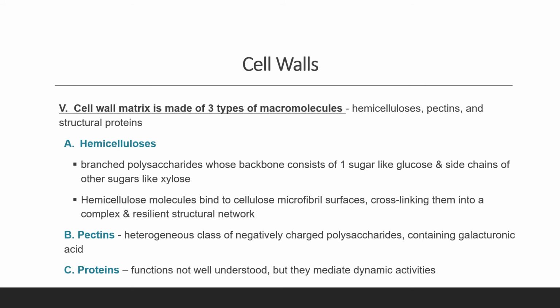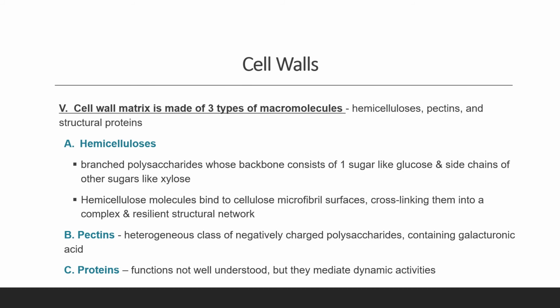So the cell wall matrix is made up of three types of macromolecules. First you have the hemicelluloses, which are branched polysaccharides whose backbone consists of one sugar like glucose and side chains of other sugars like xylose. Hemicellulose molecules bind to cellulose microfibril surfaces, cross-linking them into a complex and resilient structural network. And then next, we have the pectins. These are a heterogeneous class of negatively charged polysaccharides containing galacturonic acid. And then proteins, which are